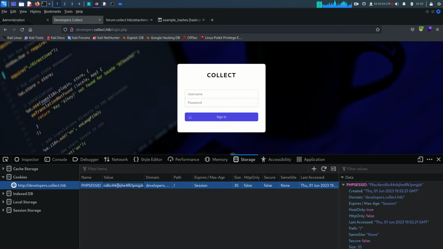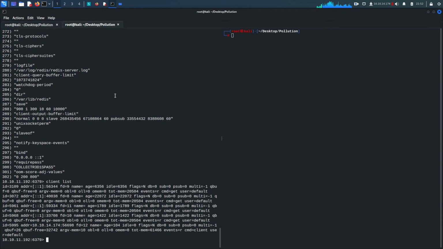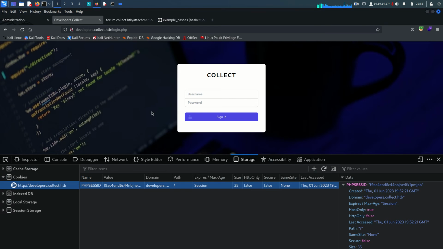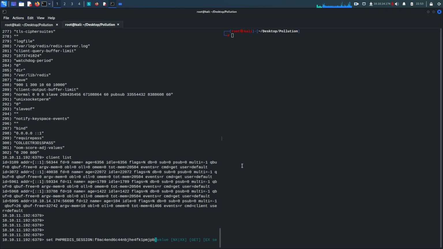So we have access to Redis, and we have access now to the developers subdomain application, and we have one session ID. I'm going to copy this session ID and back to the Redis. So here what I'm going to do is set PHPREDIS_SESSION, and put the session ID we found from the developers, and then it's asking for a value. So in the value section, let's say in the quotes,